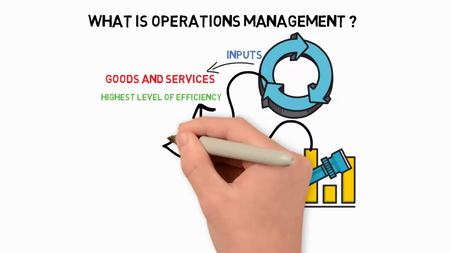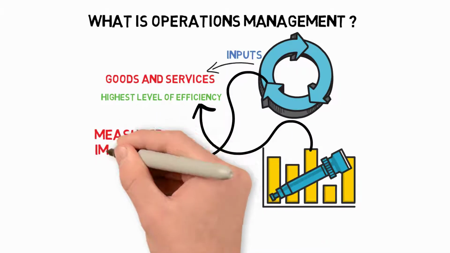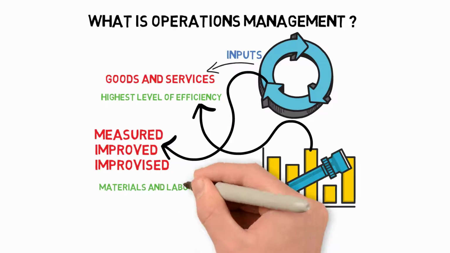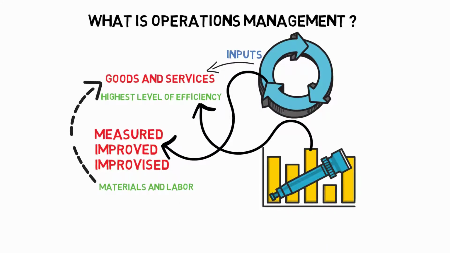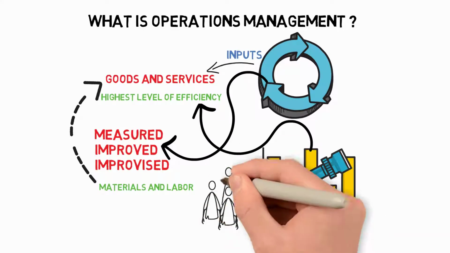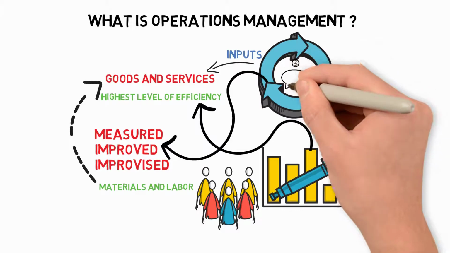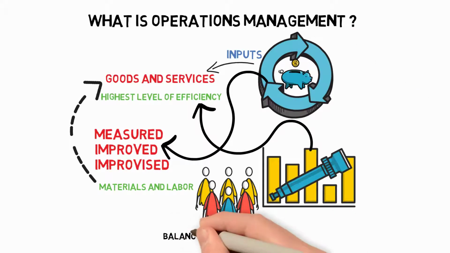These processes are carefully measured, improved and improvised. Moreover, these operations concern converting materials and labor into goods and services efficiently, which helps in maximizing the profit of an organization. And, to do it well, the operations management team plays a key role. The operations management team works together to balance the costs with revenue to achieve the highest net operating profit that